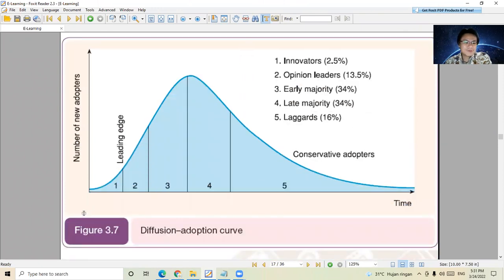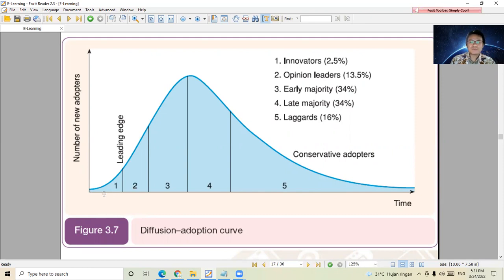Right. Figure 3.7 illustrates what we call the diffusion adoption curve. We can see the y-axis is the number of new adopters. The x-axis, the horizontal axis, is time. As we can see, as the time when the